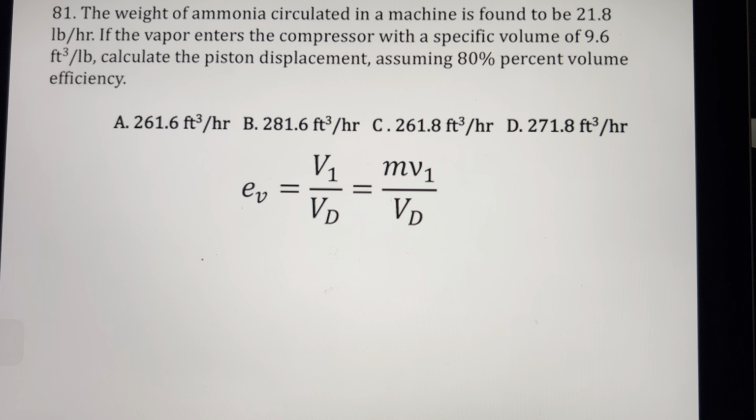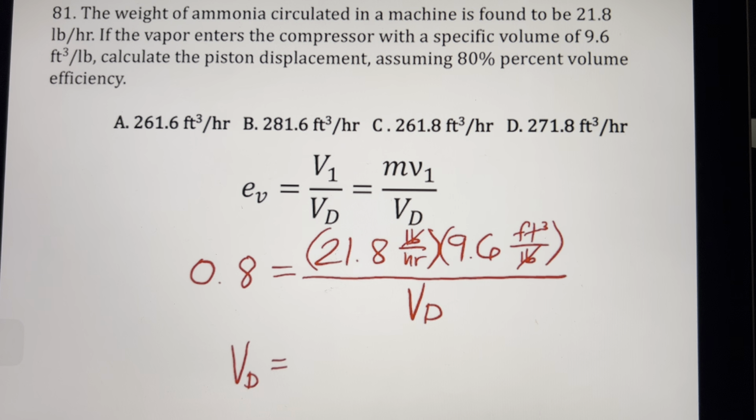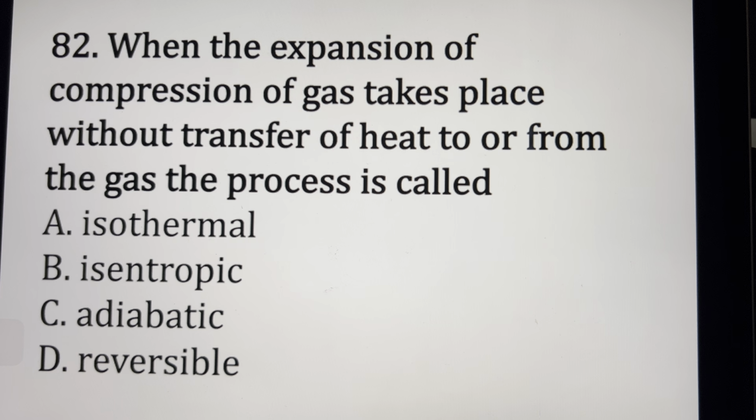Okay, volumetric efficiency is 80% or 0.80, equivalent to the mass, 21.8 pounds per hour, times our specific volume, 9.6 cubic feet per pound, divided by our displaced volume, which is the unknown. What is our VD in cubic feet per hour? Answer is 261.6 cubic feet per hour. When the expansion or compression of a gas takes place without transfer of heat to or from the gas, the